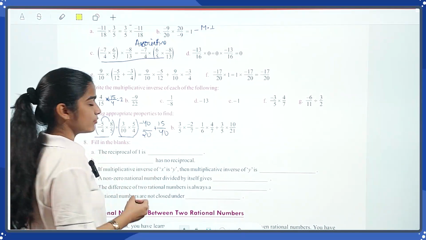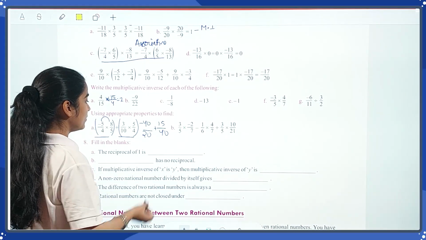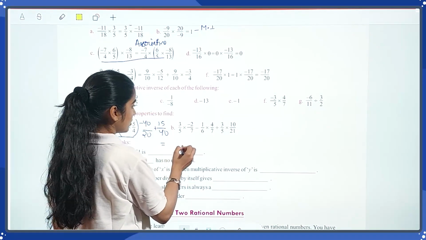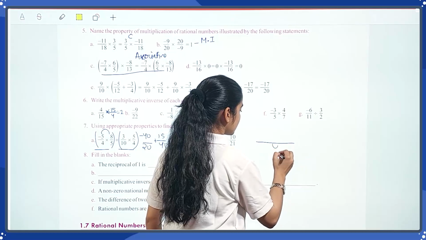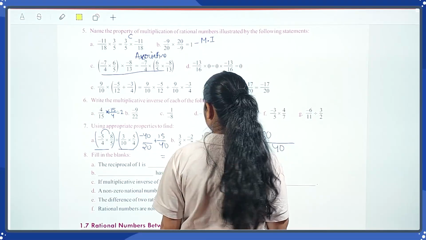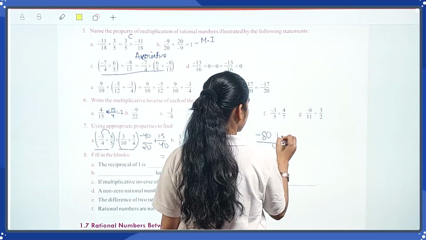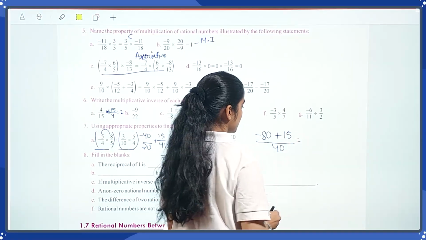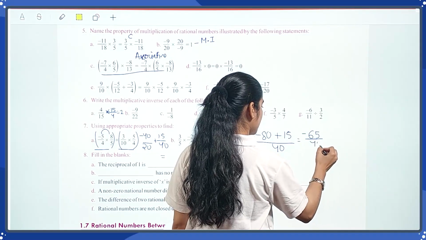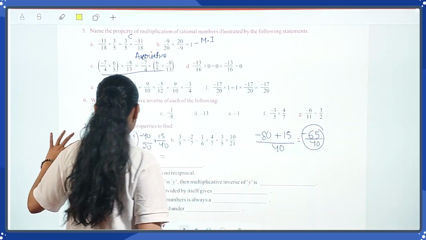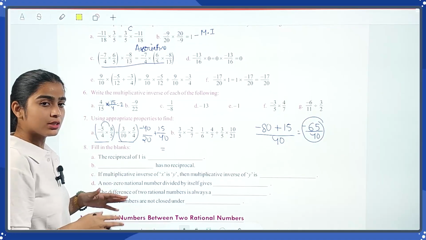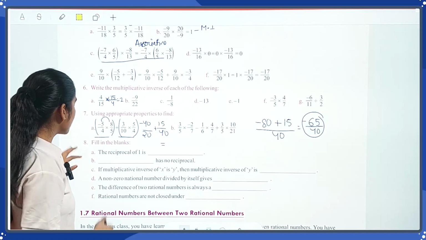Now what we have to do, we have to apply the addition operation here. 20 and 40, LCM is 40. To get 40, we have to multiply 20 with 2. So the denominator is minus 80 and 40 is the denominator, same. Your answer is 20, 60, 65 minus upon 40 is your end result. So which property are you using here? You are using the associative property, where we first group two rational numbers, and then apply the associative addition process.